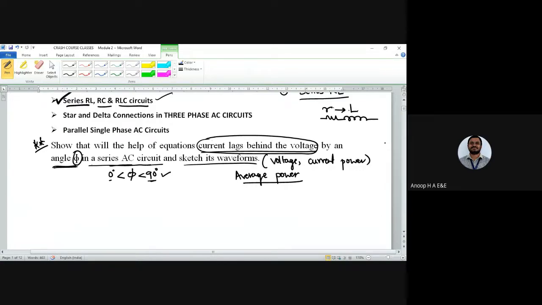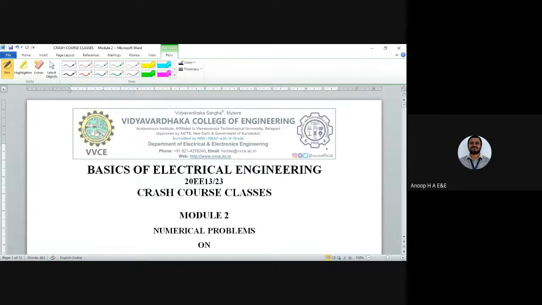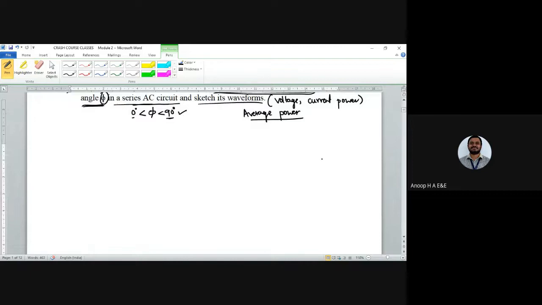Let me highlight and explain in a simple manner how you can carry out this derivation easily. First, you write a simple AC circuit representing a series RL circuit, after identifying it as a series RL circuit, using an AC source for its excitation. This one is R and this one is L, and I is the current flowing through it. The AC source is V equals Vm sine omega t.